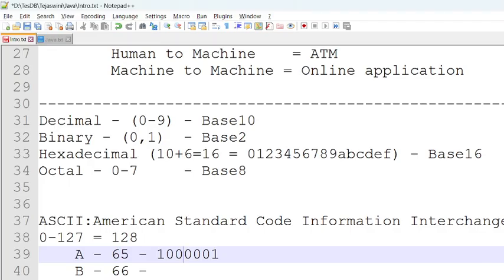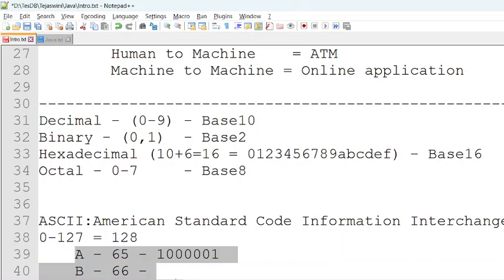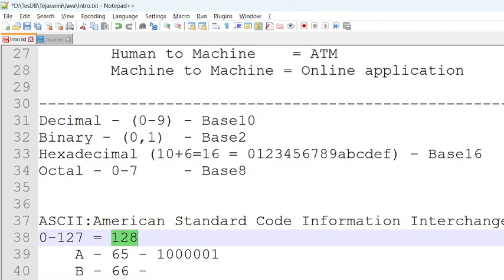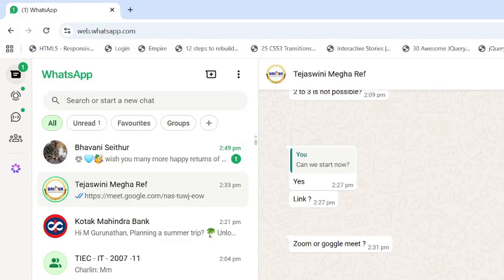Okay. So this is how they initially used it. At the beginning, it was only English, only 128 letters. In the ASCII chart we have only 128 letters, not more than that. But later what happened? They added some more characters here, an extra 128. That's basically called extended ASCII. Sir, what is that extended ASCII? If you want to know about it,